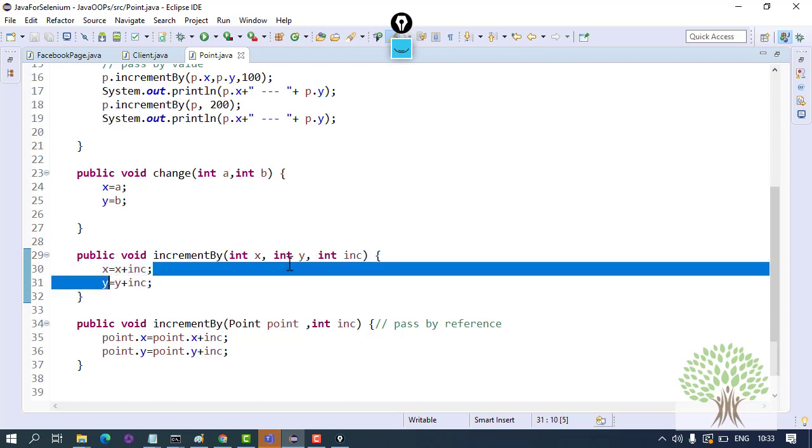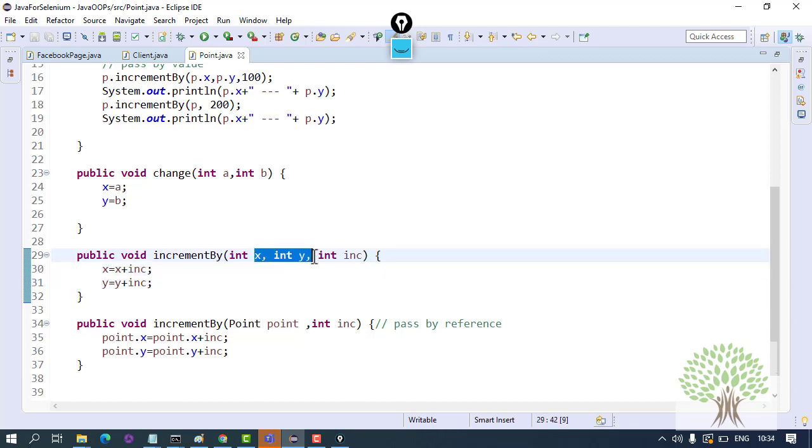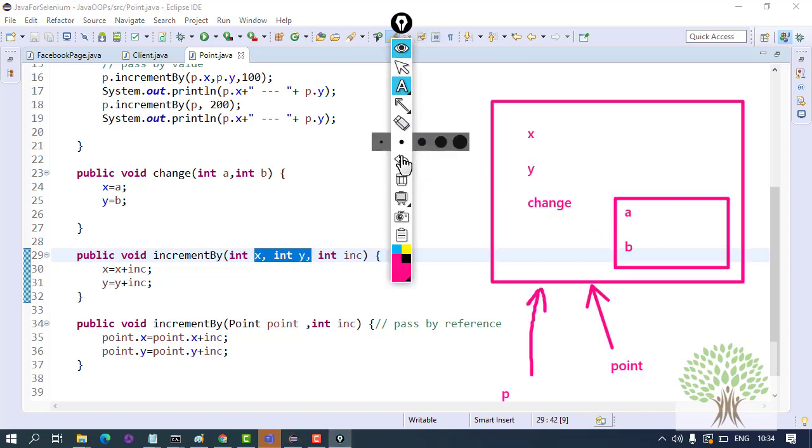Both the names are same. So although the name is same, they will be different. Okay, a will be replaced by x and b will be replaced by y. The memory allocated to them would be different.